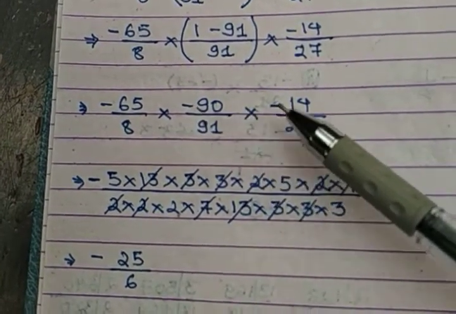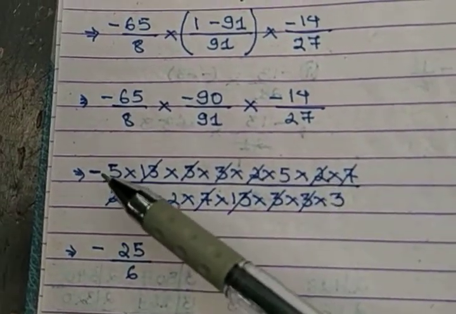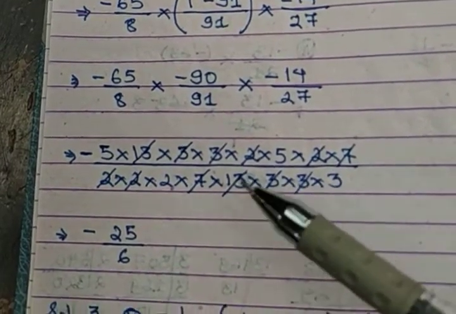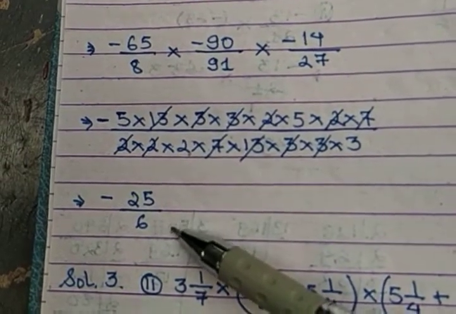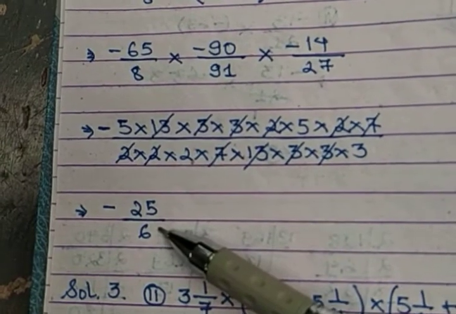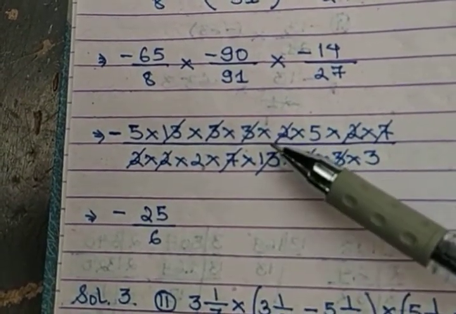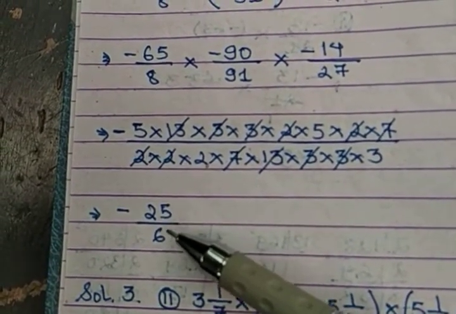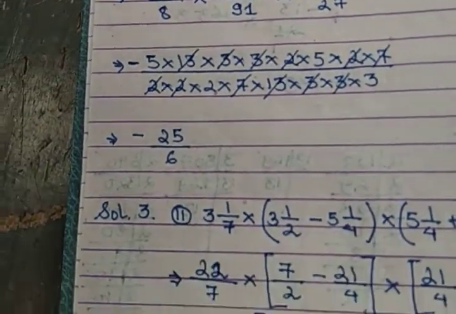So plus into minus will remain as minus. After taking all the prime factors, the sign remains the same, that is minus. Whatever I can cancel, I have cancelled, and after all that I got my answer as minus 25 divided by 6. Since it's already in the simplest fractional form, you can leave your answer up to here, or if you want to convert it to mixed fraction form, you can do that. 4 times 6 is 24, so it will be minus 4 1 divided by 6, isn't it?